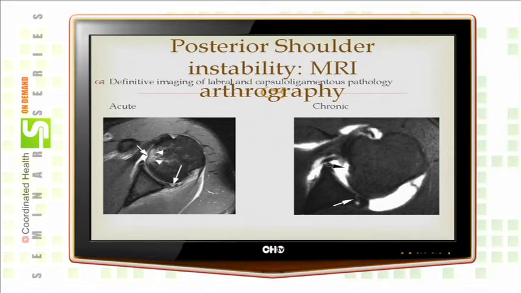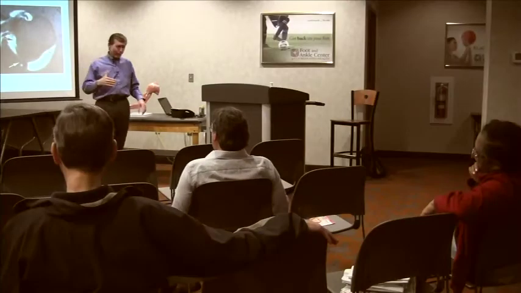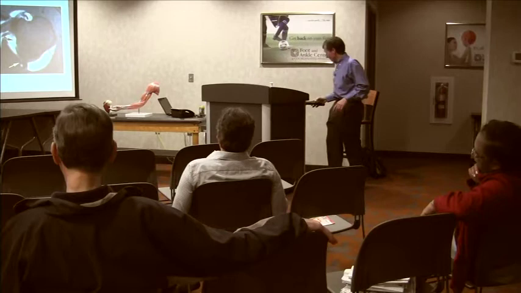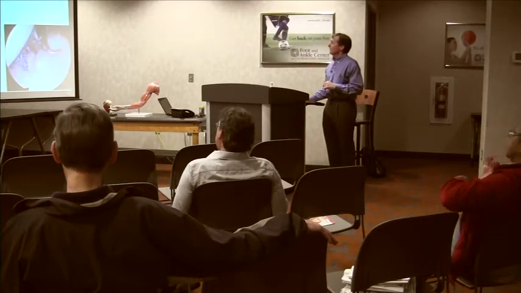MRI is very helpful to separate shoulder dislocation. I think it gives you an idea of how much injury you have. So like in here, you just have a labral tear, but the capsule's still pretty intact. Whereas here, look at the capsule. It's all attenuated, stretched out. So this patient has not only a torn labrum, but he's unstable posteriorly. He has very lax capsule. That's a more serious injury on the right.